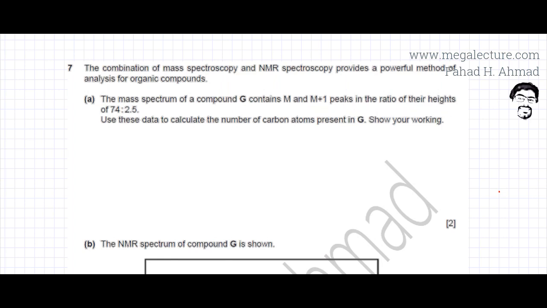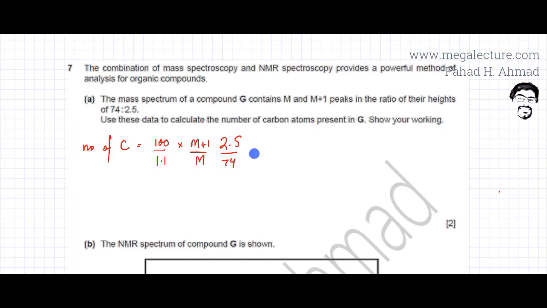Show your working. Now remember, when you're doing mass spectrum, there's a molecular ion peak, and then there's an M+1 peak, which is because of carbon-13 isotopes. So if you have a carbon-13 isotope, the mass of the molecular ion would increase by 1. So the ratio of M+1 is going to give you the total number of carbon atoms using the formula. The number of carbon atoms is going to be 100 over 1.1 multiplied by the M+1 height, and M, the ratio of M+1 to M, which in this particular case is 2.5 ratio